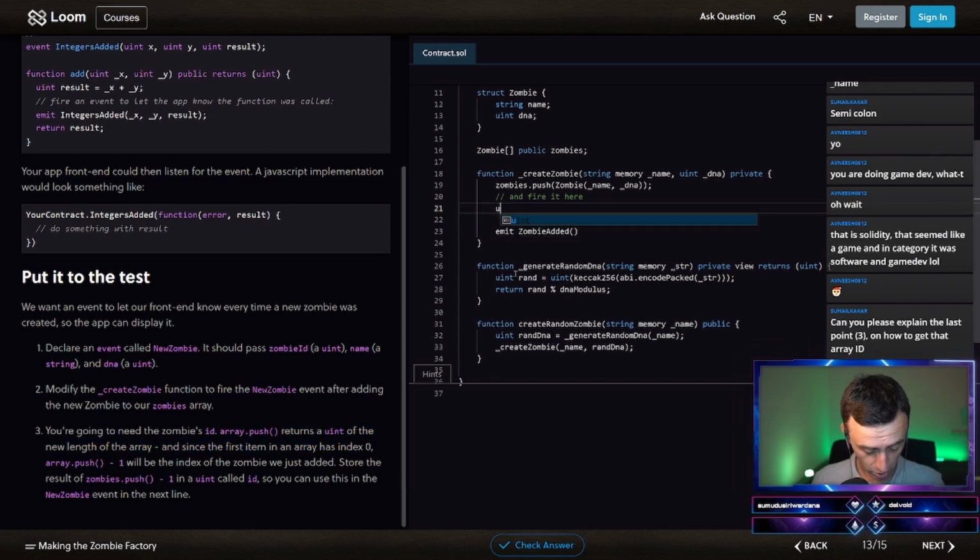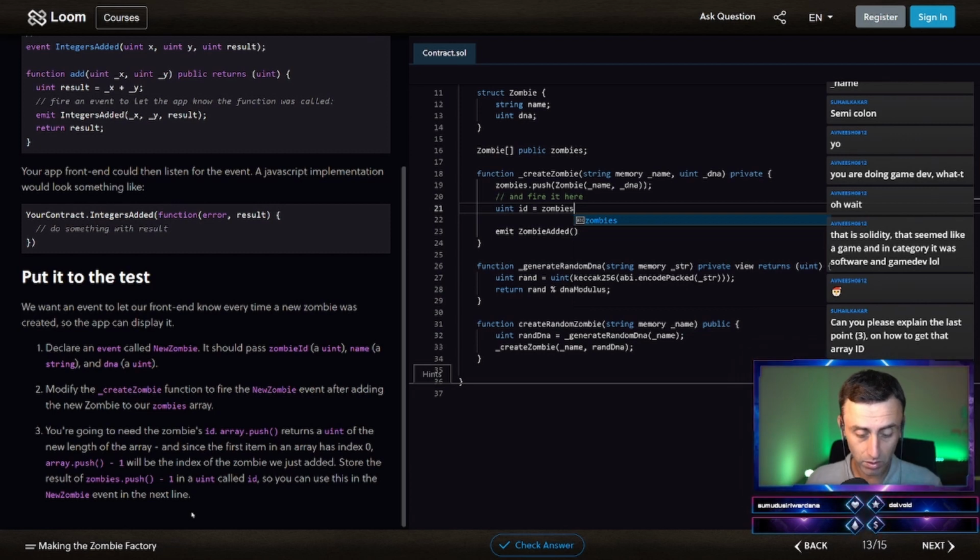I think it's like uint id equal to zombies dot push. The result of zombies dot push in a uint called id.